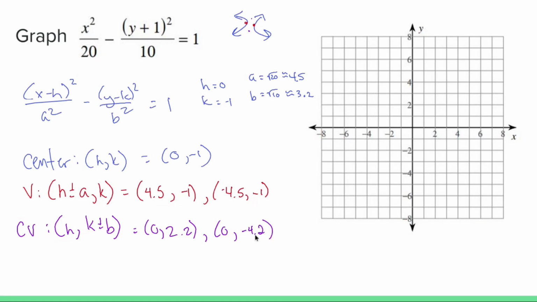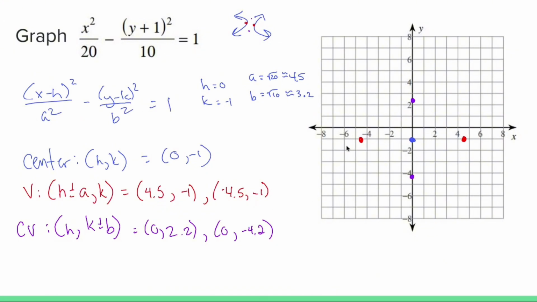All right, so let's graph what we have. Our center is at 0, negative 1 here. Okay? Our vertices are negative 4.5, negative 1, and positive 4.5, negative 1. So what's going to happen is it's going to go that way, but I want to be accurate. Okay? In purple, I have my covertices, which is 0, 2.2, so right around here, and 0, negative 4.2, so